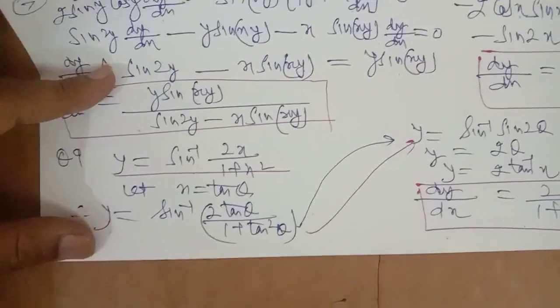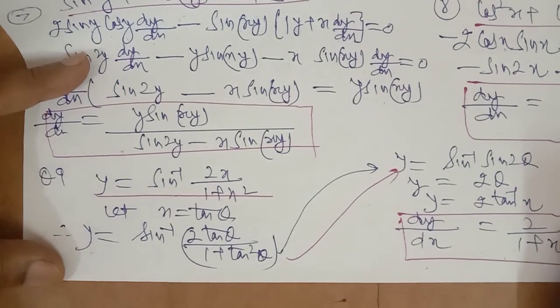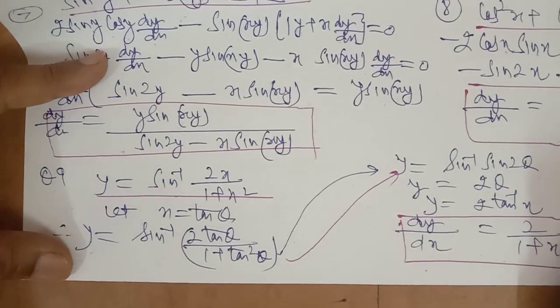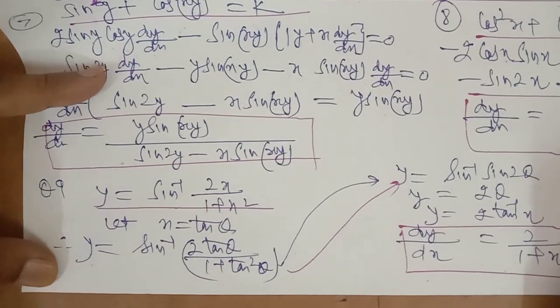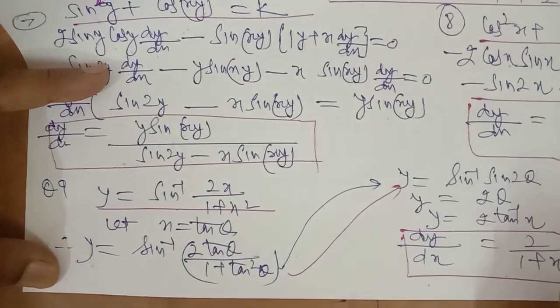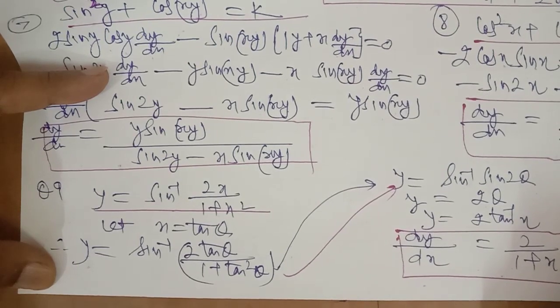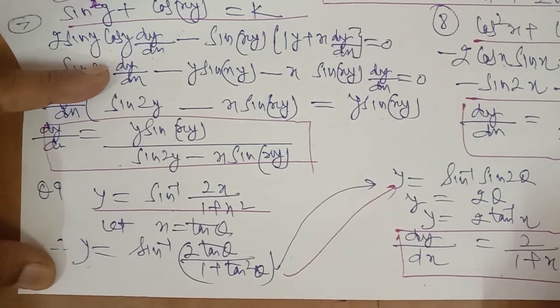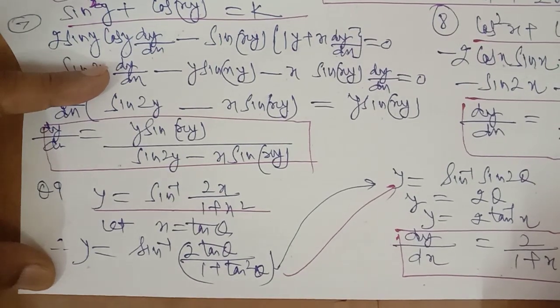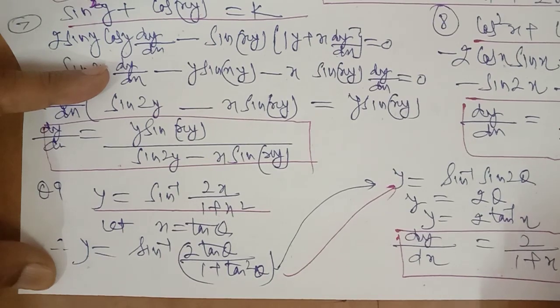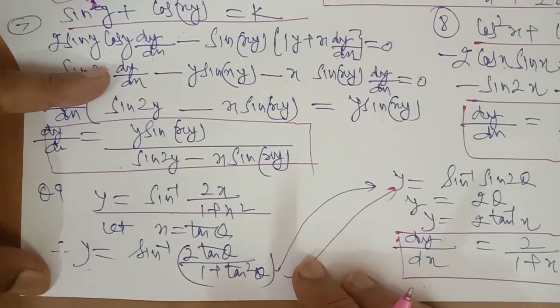Now after that we have to find the derivative of inverse trigonometric functions. Whenever you have to differentiate inverse trigonometric functions, first of all try to simplify it, as you have done in your inverse trigonometric function chapter. In chapter number 2 you have done inverse trigonometric functions, and you have simplified there.